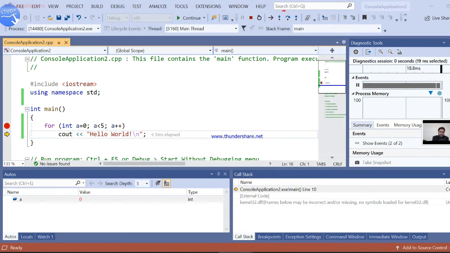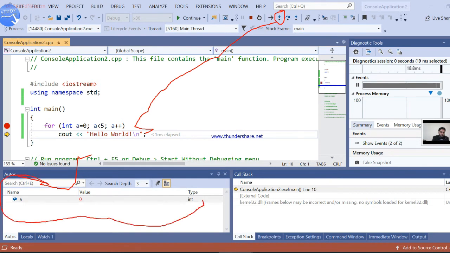We have just clicked the step into button, and the execution moved to the next line, to this for loop. At the bottom here, this is the small window panel. Here you can see that in the first iteration the value of a is 0 and the type of a is integer.